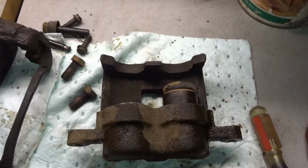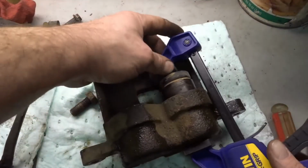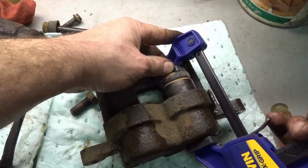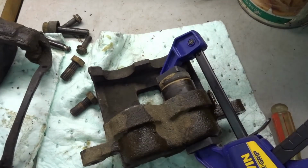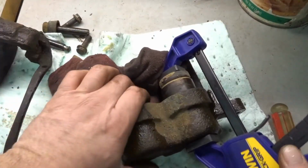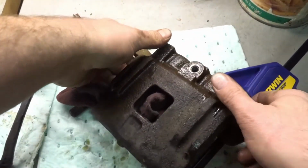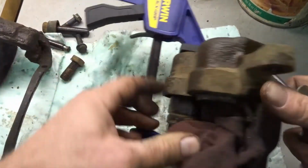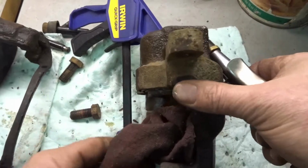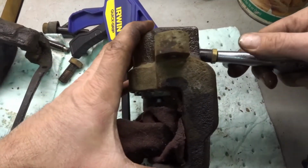So what I do, since it's a dual piston caliper, is I just put another clamp on this side just to hold it there, because we already know that one will come out. So then I'll stuff another rag in here and apply air pressure, and I don't know if I can get it to where you can see it or not, but